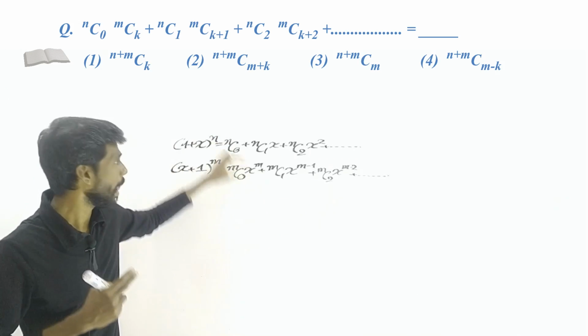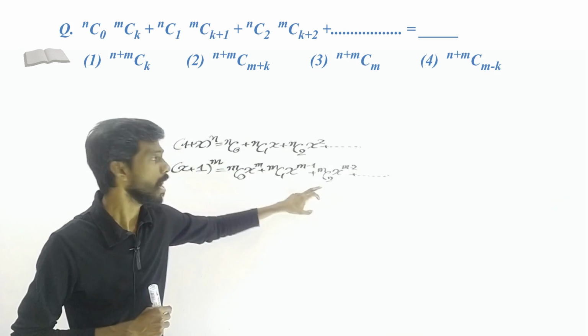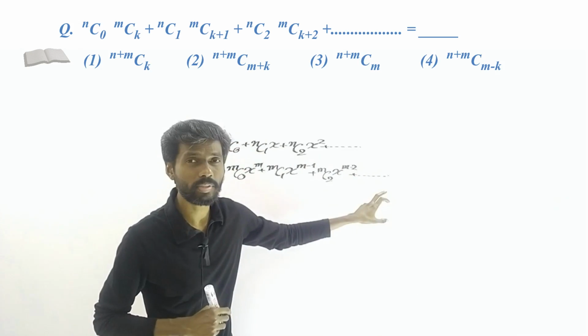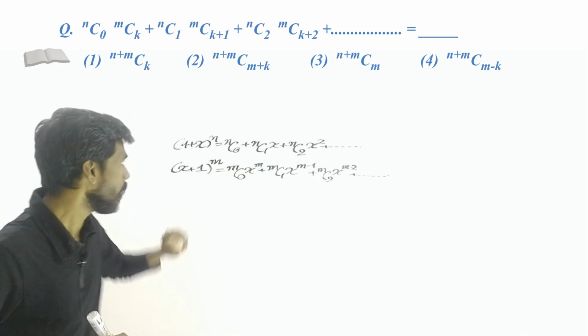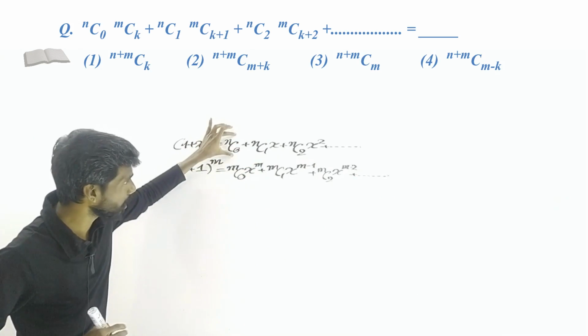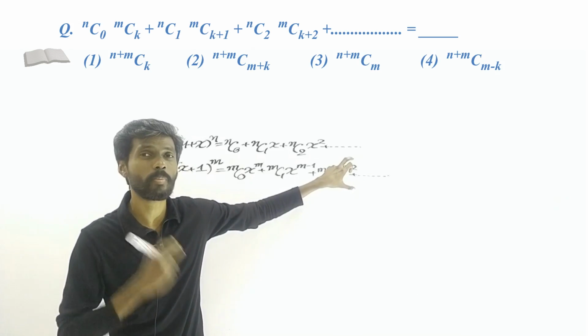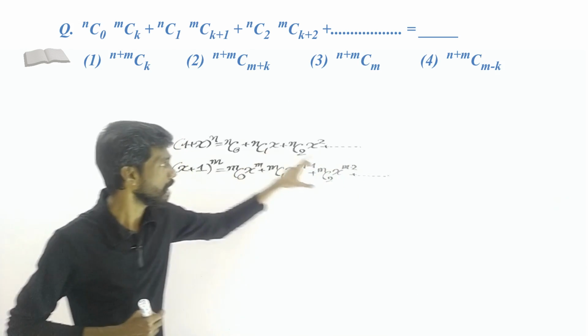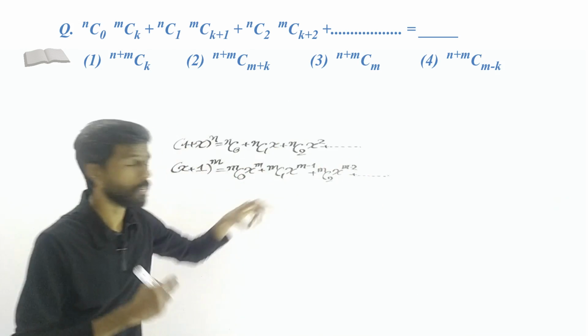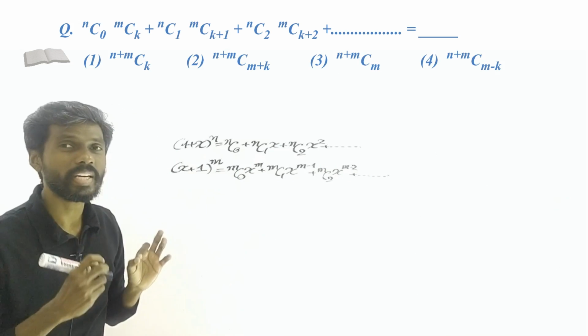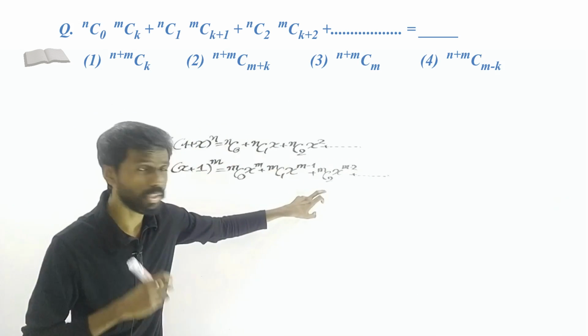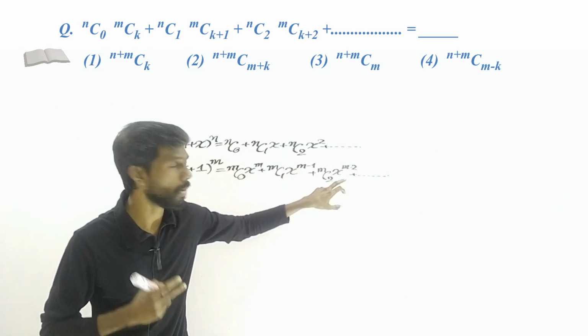Let us take NC0, MC2, then NC1, the next one, MC3. Suppose we want the coefficient of x to the power m minus 2. Then which coefficient do we need? NC0, MC2, that means x to the power m minus 2. The next one also has x, the next will be m minus 3. So the total will be x to the power m minus 2. So what we need is, if you want NC0, MC2, the coefficient of x to the power m minus 2 is